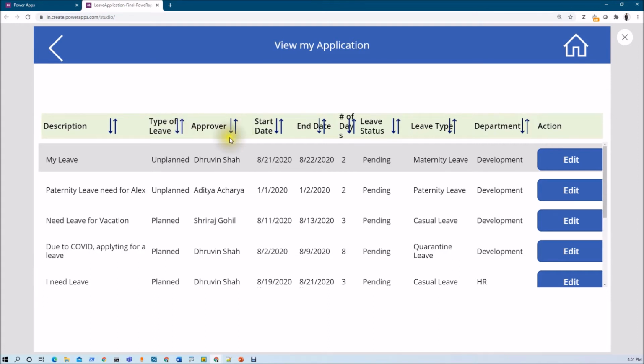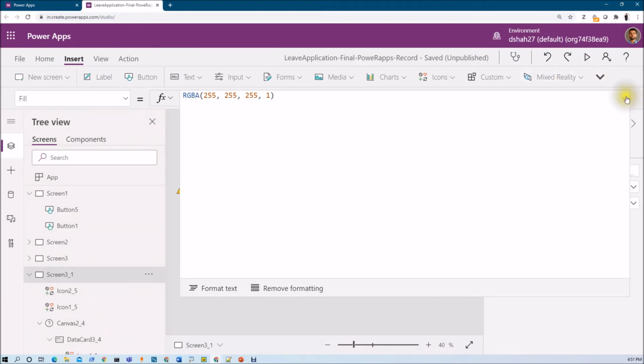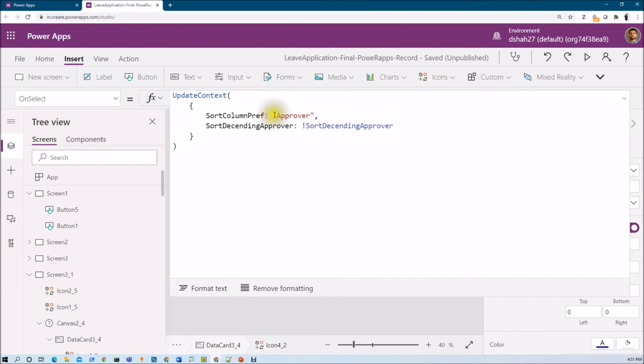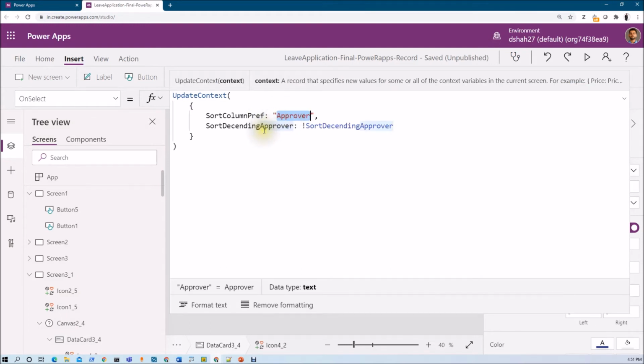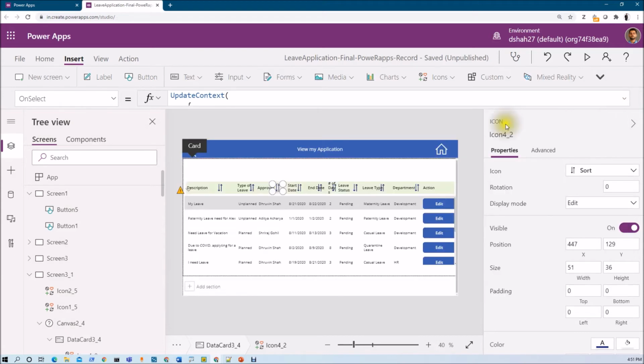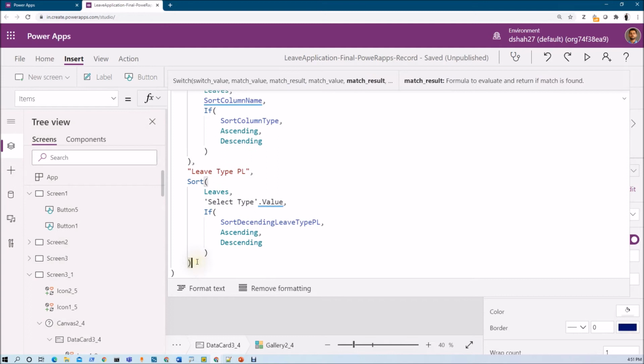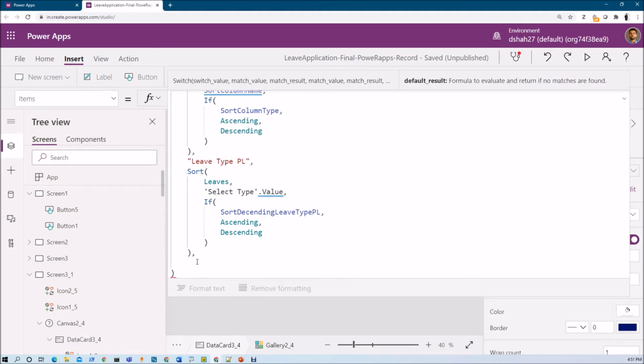Now in the same way, this is the people picker column. Now I want to apply the sort for people picker. Just remember the variable that we have defined, the type is approver, and this is the variable that we have defined, right? Now go to the items code. Now add the copied code. Switch type is approver.